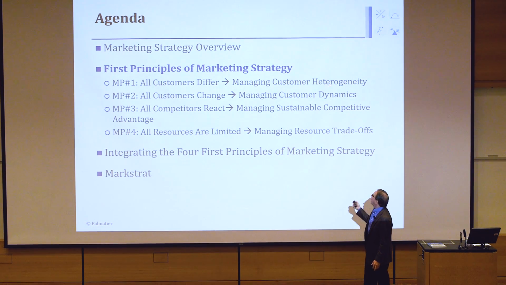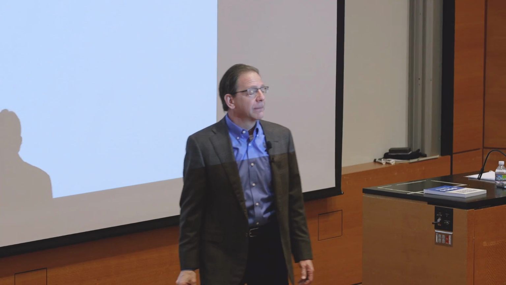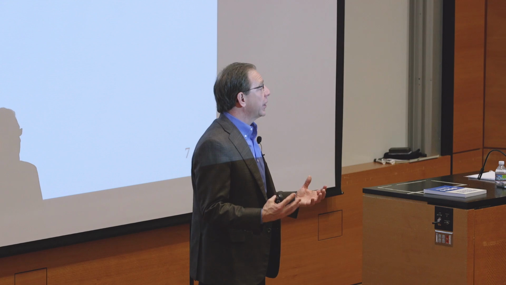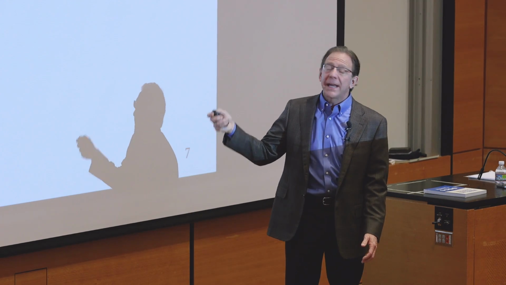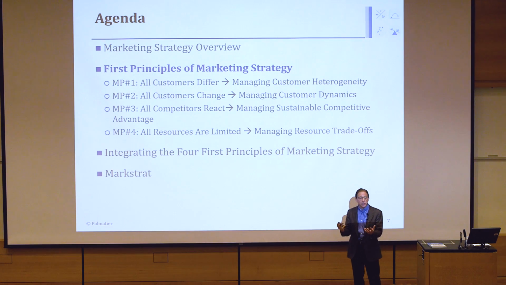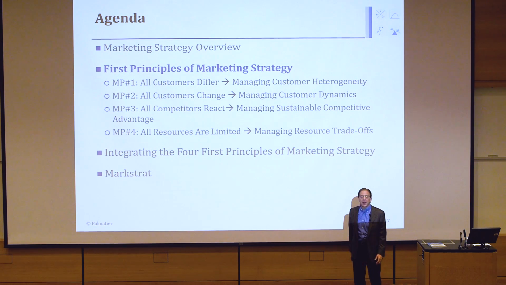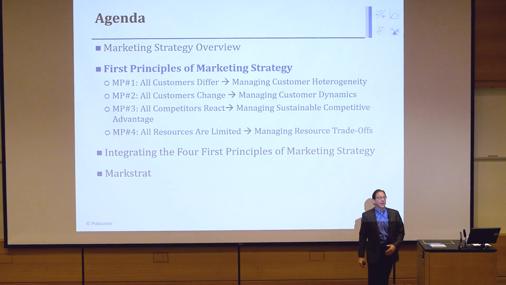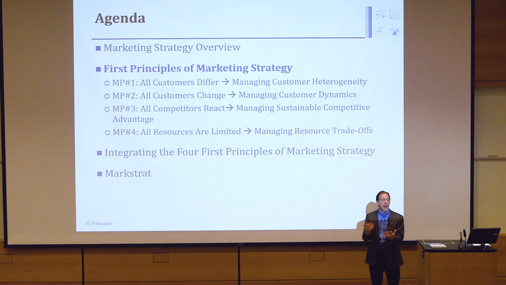That leads to us needing to understand how to manage customer heterogeneity, how to manage customer variation. This is the strategy part. When you put these 2 together, the first principle that they're different, plus the strategies you do to deal with those differences, together those represent a marketing principle. So very often I'll talk about market principle 1. When I talk about marketing principle, that's the first principle plus the strategies to deal with it. I'm going to go through all 4 of those.